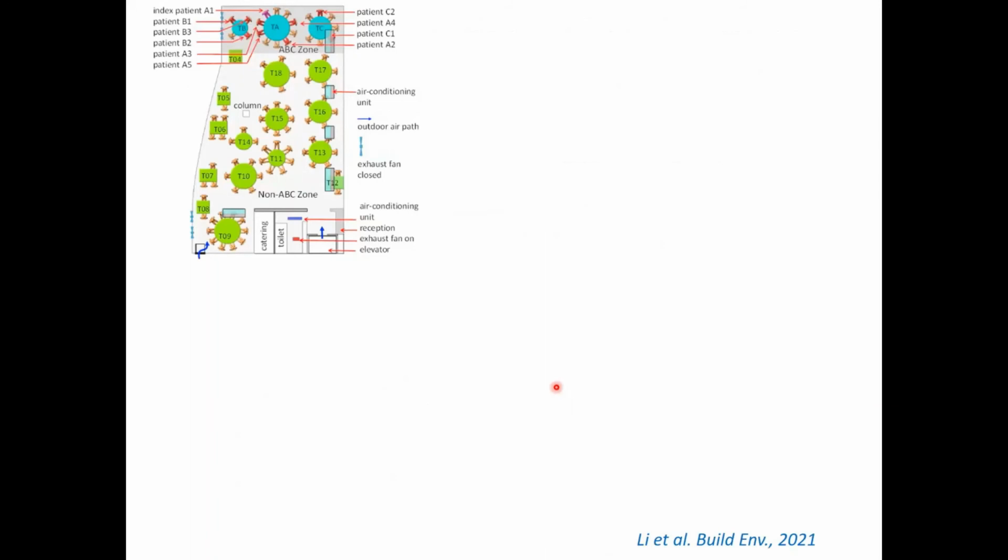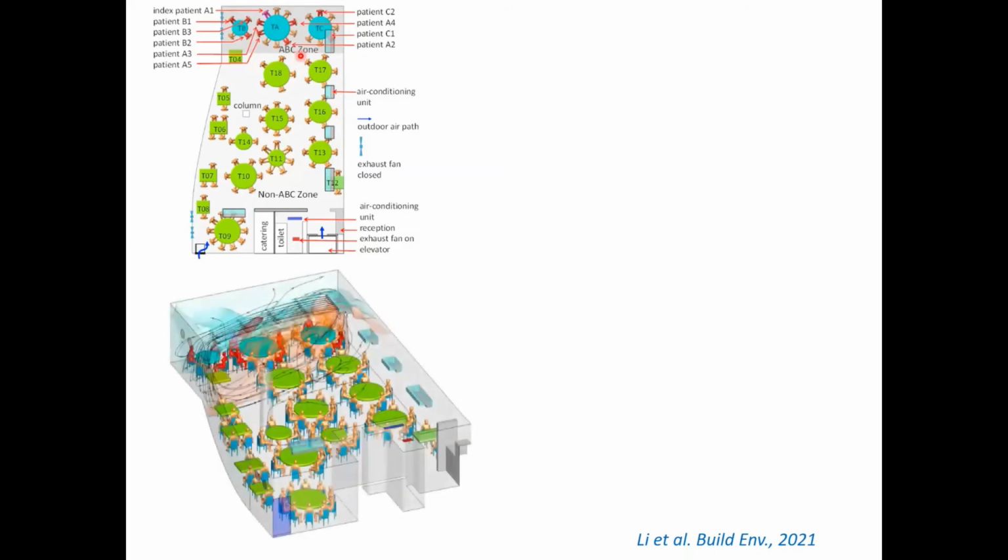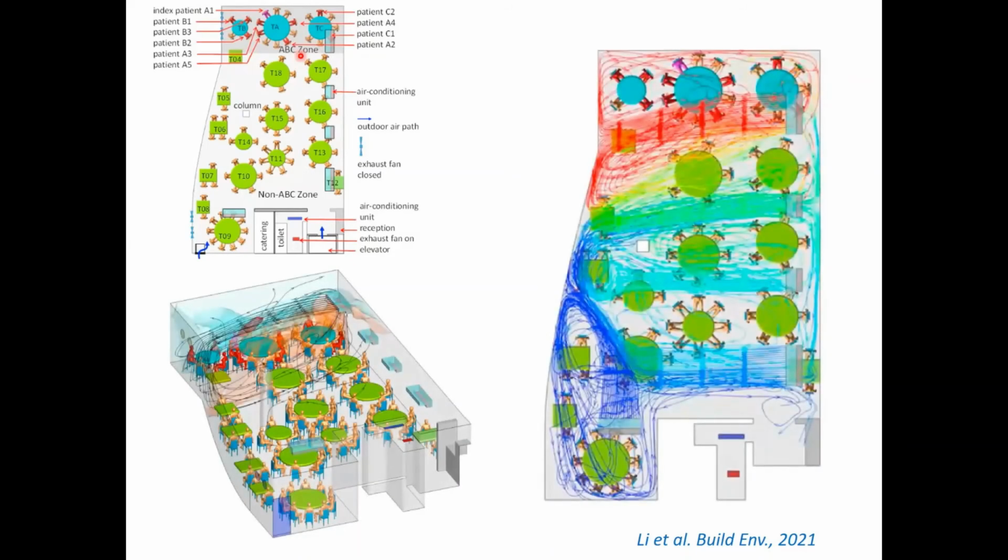This is the set of the restaurant. You can see here, the pink person was the infected person, the source person, and he infected several people, about 8-9 people in this part of the restaurant, but not elsewhere. And this study looked back at about 40,000 close contacts and 13,000 surface contacts, and analyzed in great detail the ventilation flow in the restaurant, and concluded